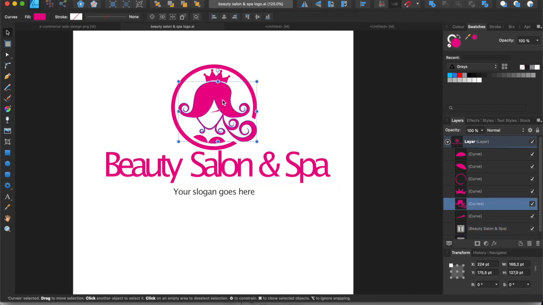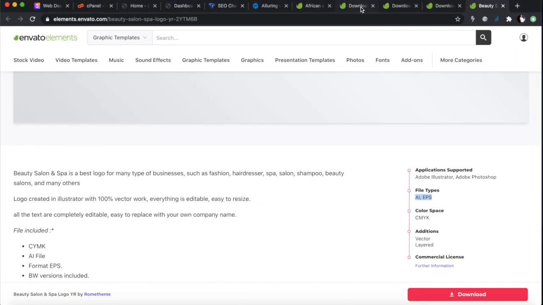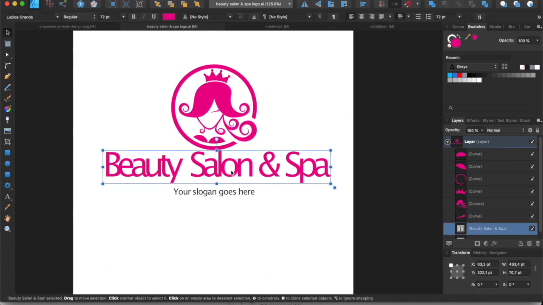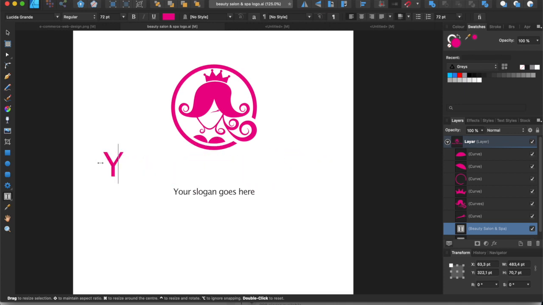Like if you wanted to change this color and you wanted a red logo instead, you could change it to red. You could go to colors, you could do a lot, and I'm not going to do a sort of Affinity Designer tutorial. But what I'm trying to show you is that you could download these logos from Envato, and then change them the way you like. Change the colors, change the writing. So I want this to say something else. I want this to talk to my business. Then you can just type whatever you want, your business, and then just like that you've got a logo.